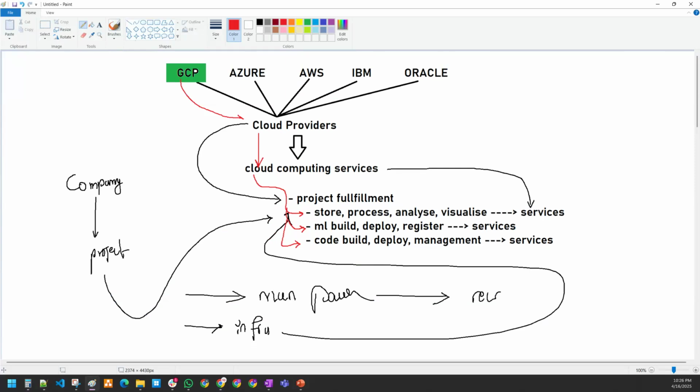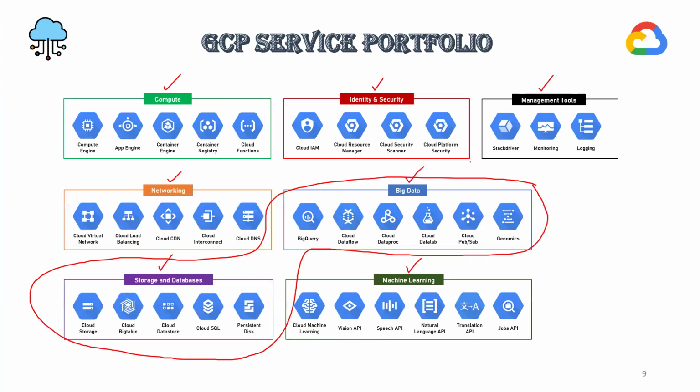And the same definition, if I talk about Azure, I just have to replace GCP with Azure. Azure is also one of the leading cloud providers which provides you the cloud computing services. The definition follows the same thing. But the offerings of each cloud provider are different, and the way they provide them is different. The cost is different. We will see those differences and try to understand them later.